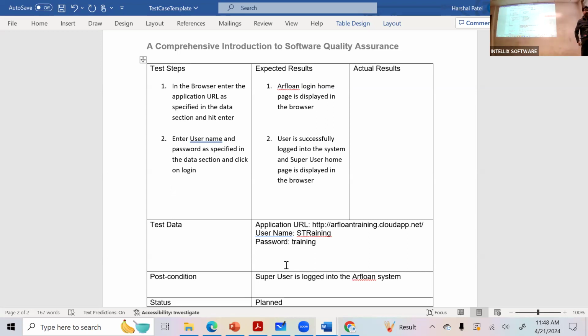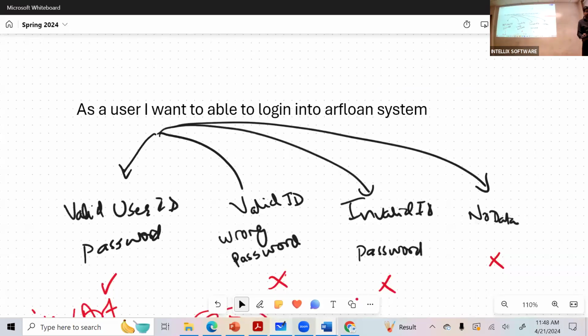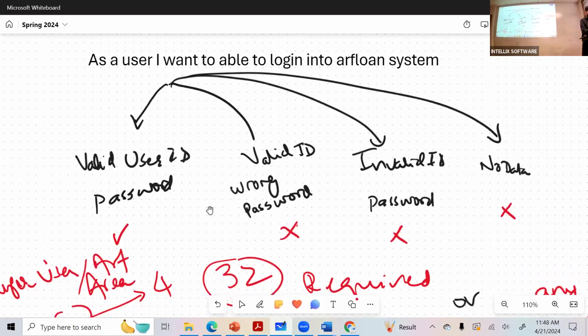Swati, any questions? Do you understand how I went about it? Yes. So this one we have created for a single user, super user. Likewise, we can create for other users in the same way. Right, you can do that. Now we tested only one scenario, only this particular case.